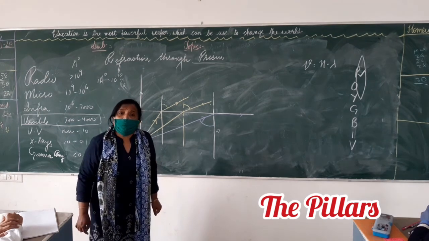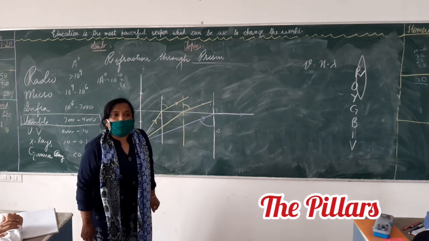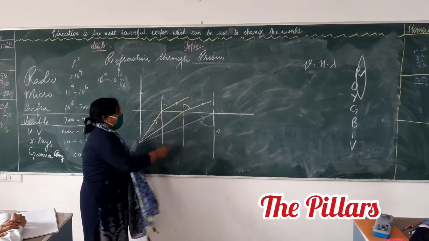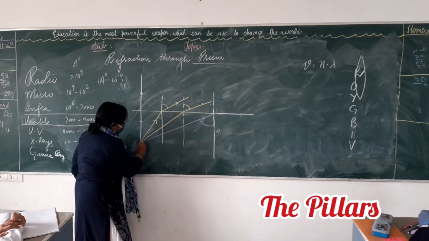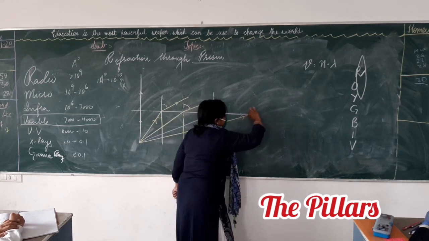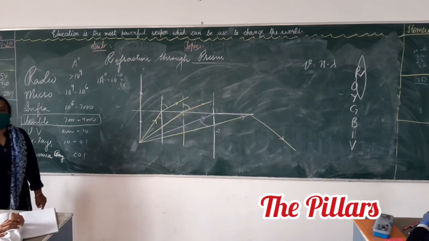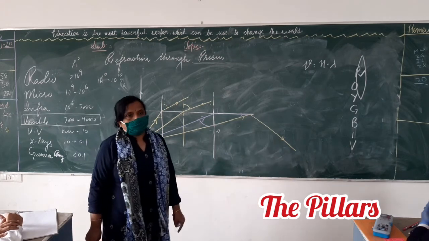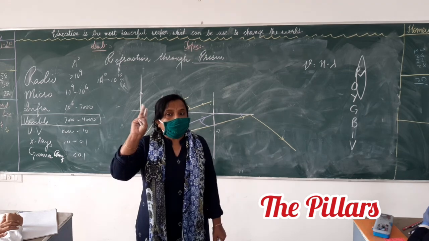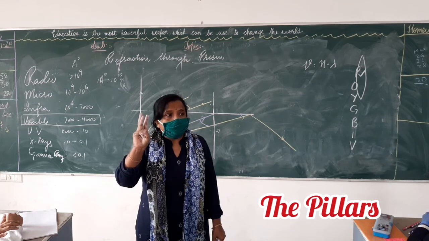If you further increase the angle of incidence, instead of refraction, the light rays get reflected in the same medium. See, if you further increase the angle of incidence, instead of going to the next medium, they will come out in the same medium. This is called total internal reflection. What is total internal reflection? What is the first compulsory condition here? When the light rays travel from? What happens?